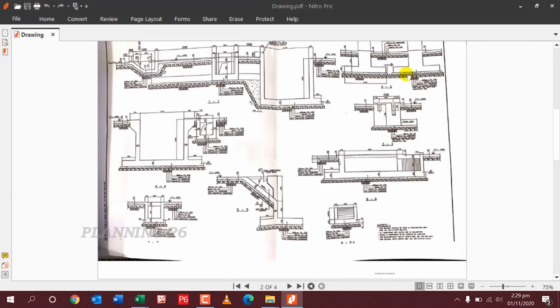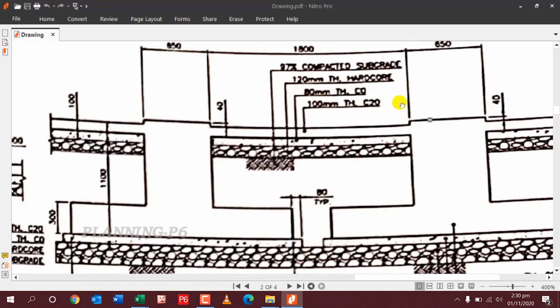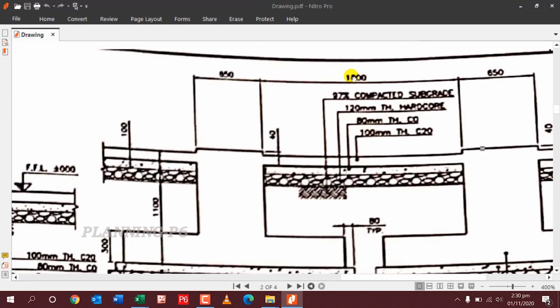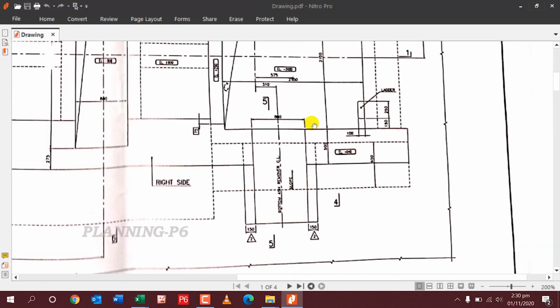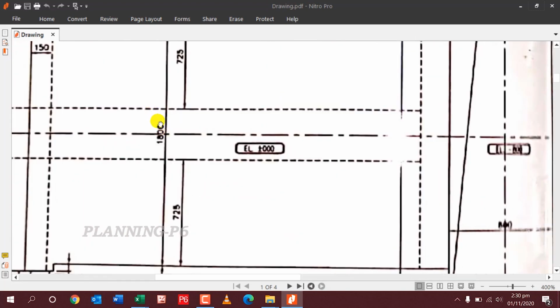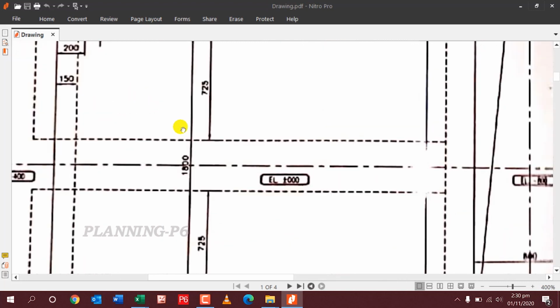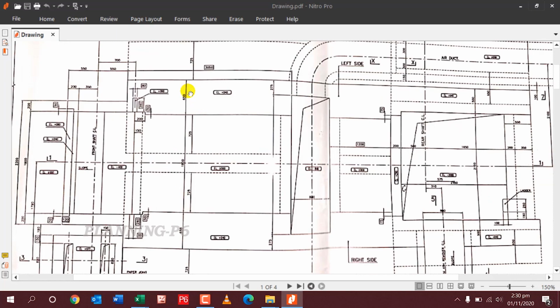Okay, so in section 22 there are two foundations. This is 1500 millimeter for cross check. In this drawing you can see the top is 1500 and 650 and 650, both foundations.